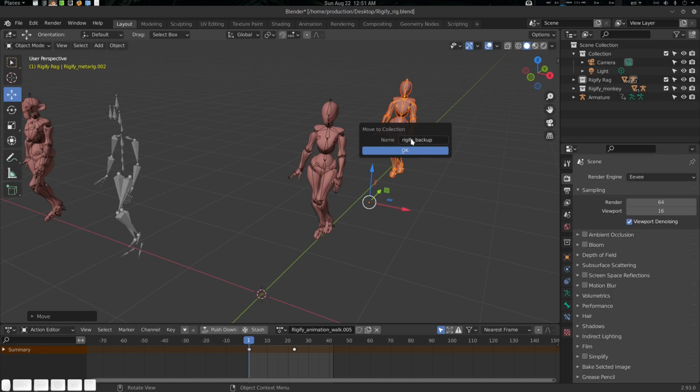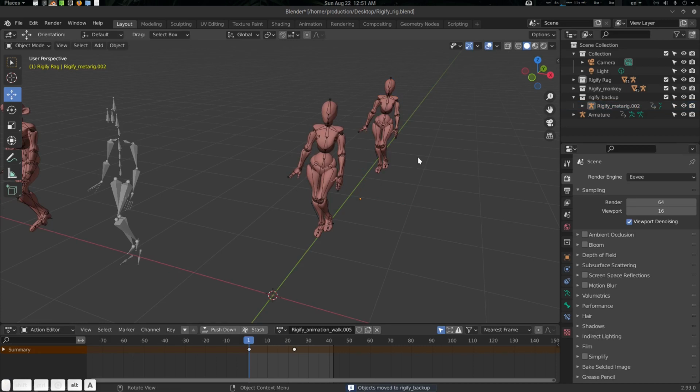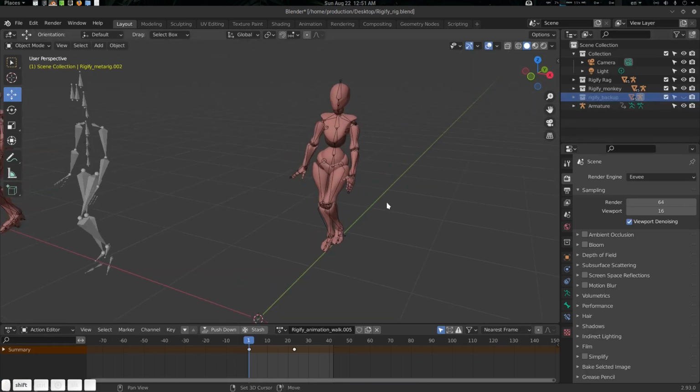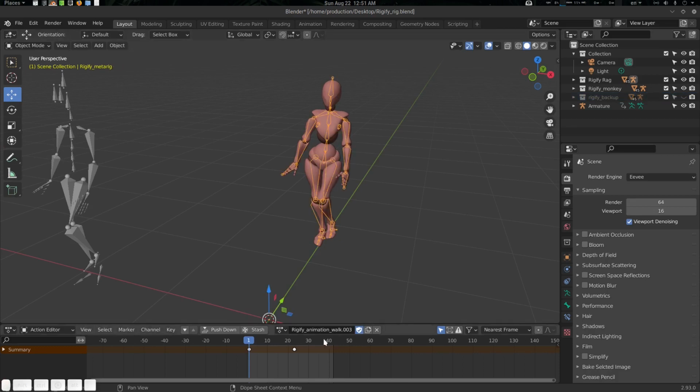Alright, and let's hide it, we don't need it. And this animation walk cycle, we need to duplicate as well. I'm going to name it walk bake, because we're going to use it.